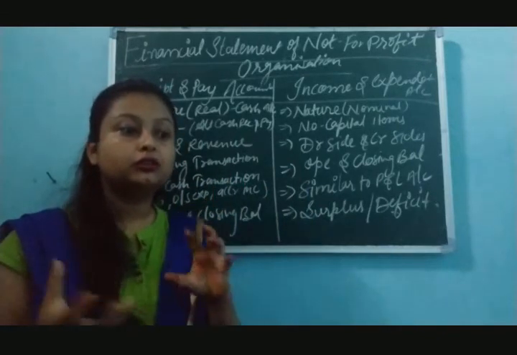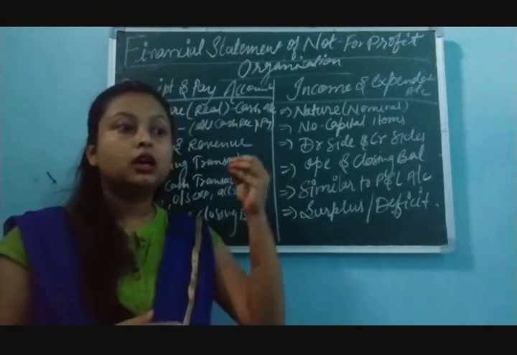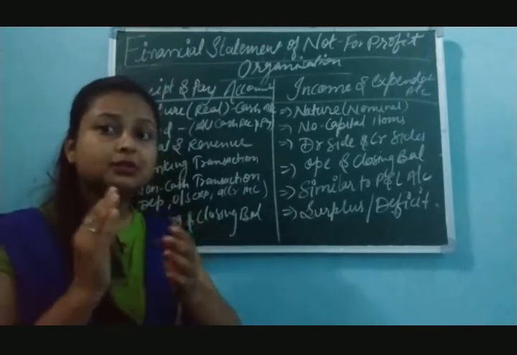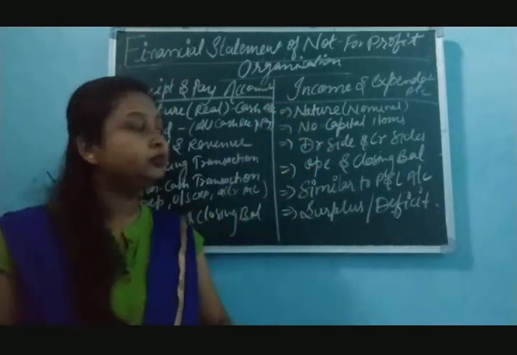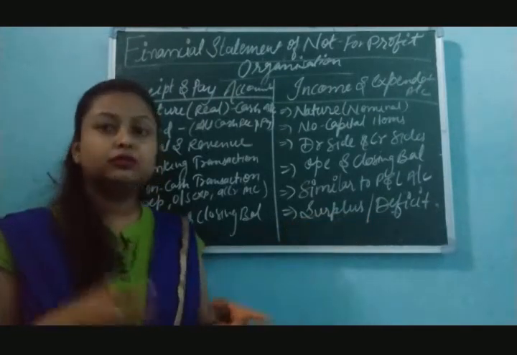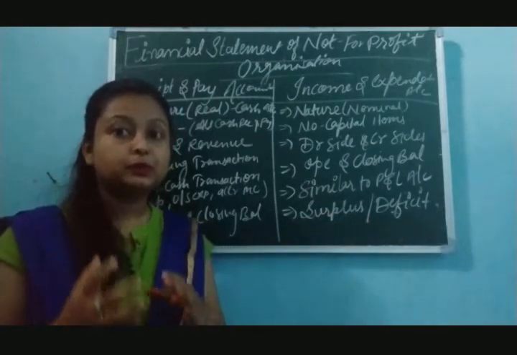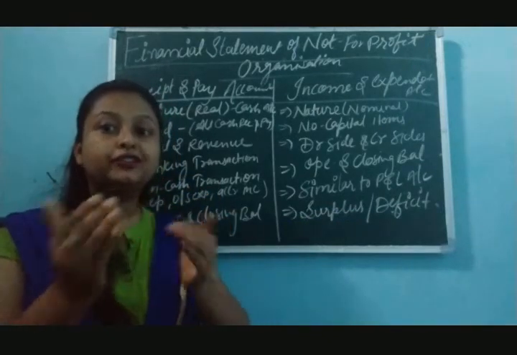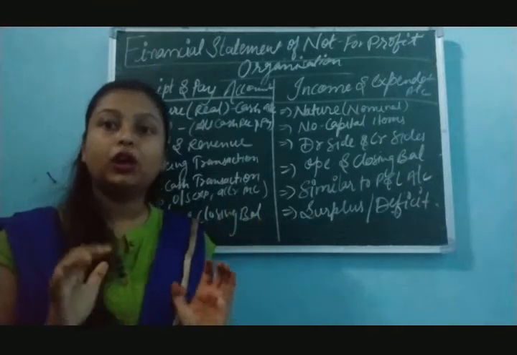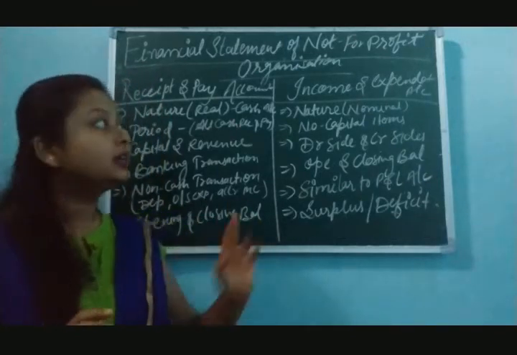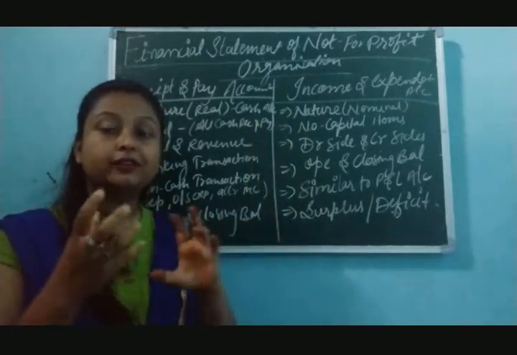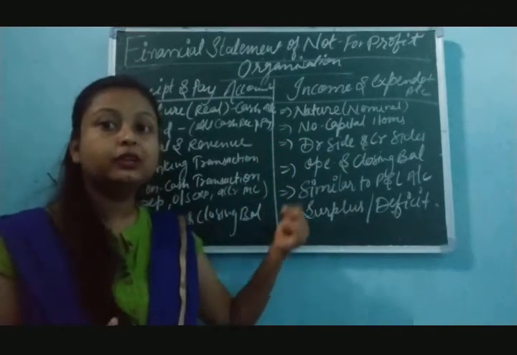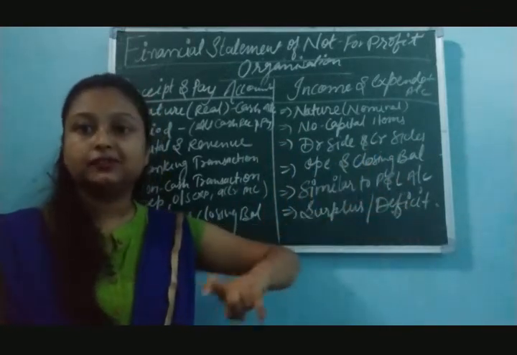In the profit and loss account, on the debit side we write down all expenses and losses, and all income and gains are written on the credit side. It is somewhat similar to that profit and loss account. And next is surplus and deficit. What do surplus and deficit mean? Surplus means when we have less expenditure and more income. You will get this account's answer as surplus if your expenditure is less than income. And if your expenditure is more than income, then you are going to get the deficit balance. That will be your answer.